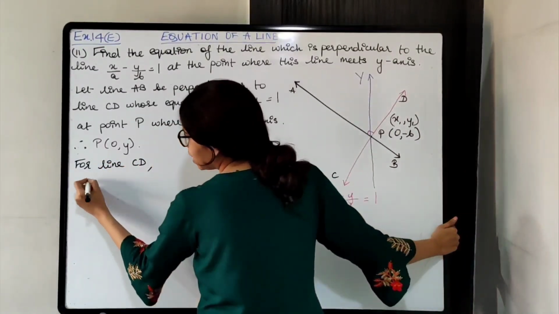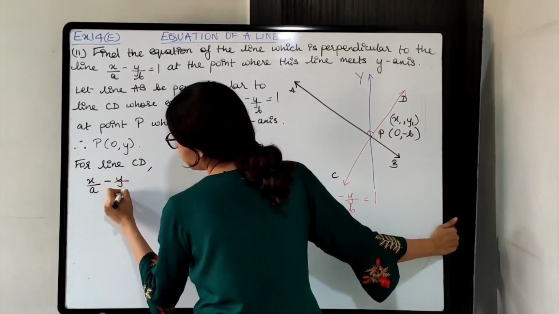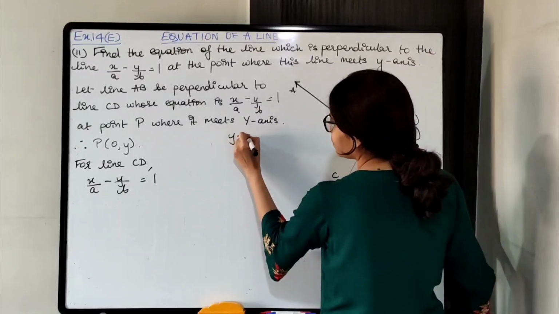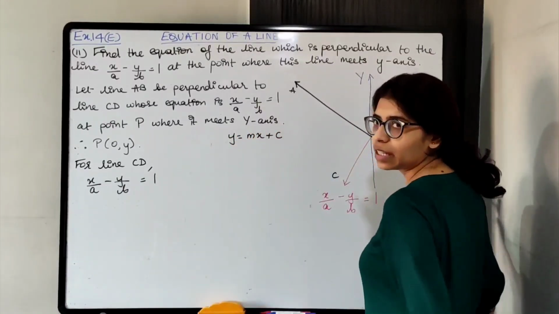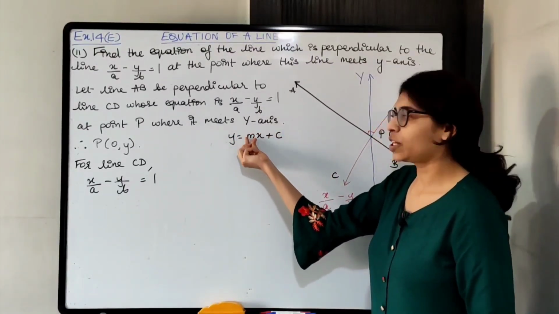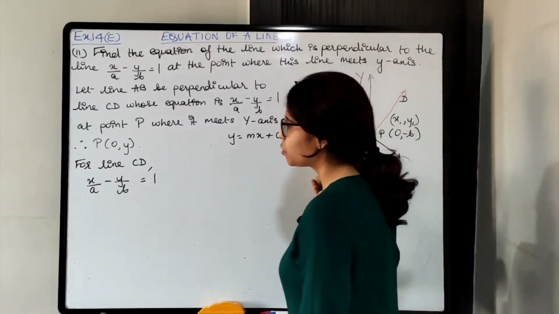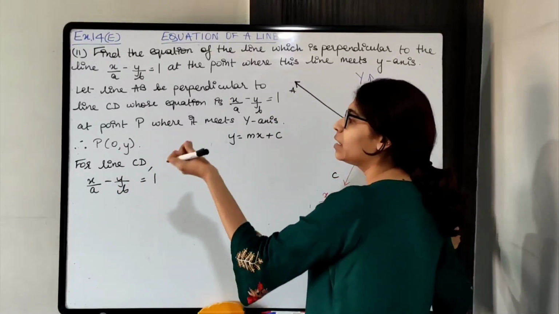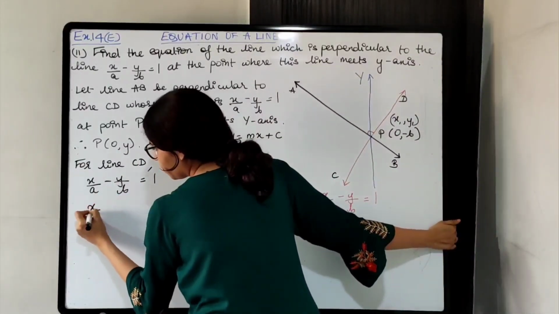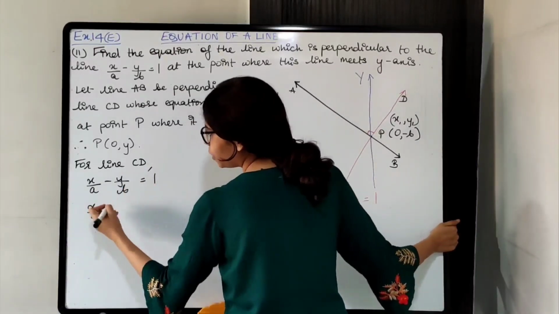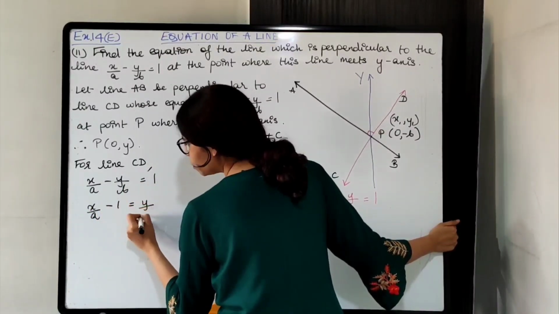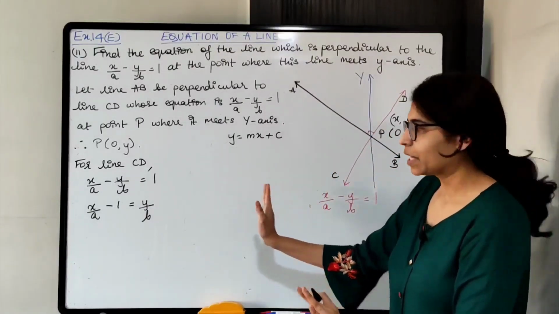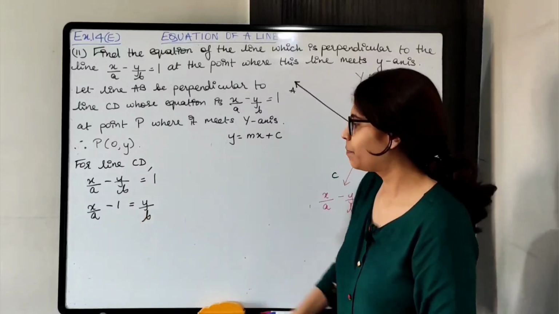Equation of the line is x upon a minus y upon b equals to 1. We have to bring this in standard form. Once you bring it in standard form, you will get the slope. M is the slope. Okay. So check the y term, it is negative. First thing that you will do is make it positive. So x upon a, and shifting 1 over here, because with the y term there will be no other term present. The y term will be alone. Okay, there will be no other term present with it.